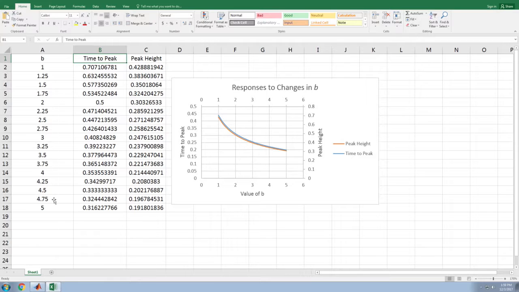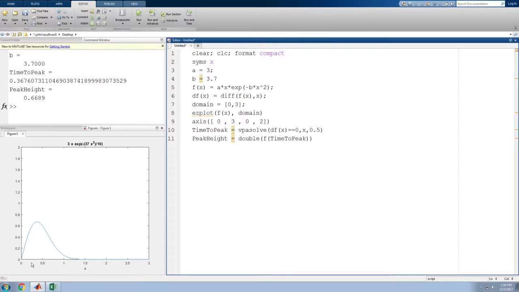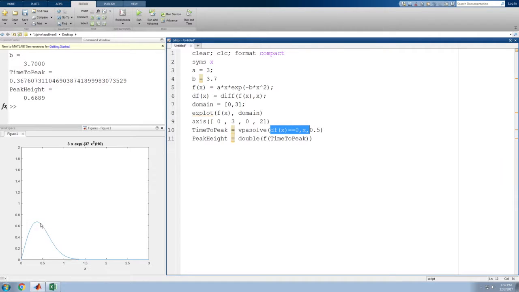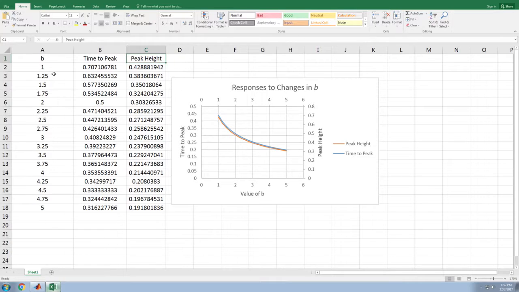Time to peak, again in MATLAB, was the x value to get to this peak. That's where the derivative was 0. And for all of mine, they're close to 0.5, so I just let the solver look near there. Peak height was the actual height of that peak, so back in MATLAB, that's the y value of that peak. And so what I've done is I've plotted these two things, different values of B on the x-axis, and then